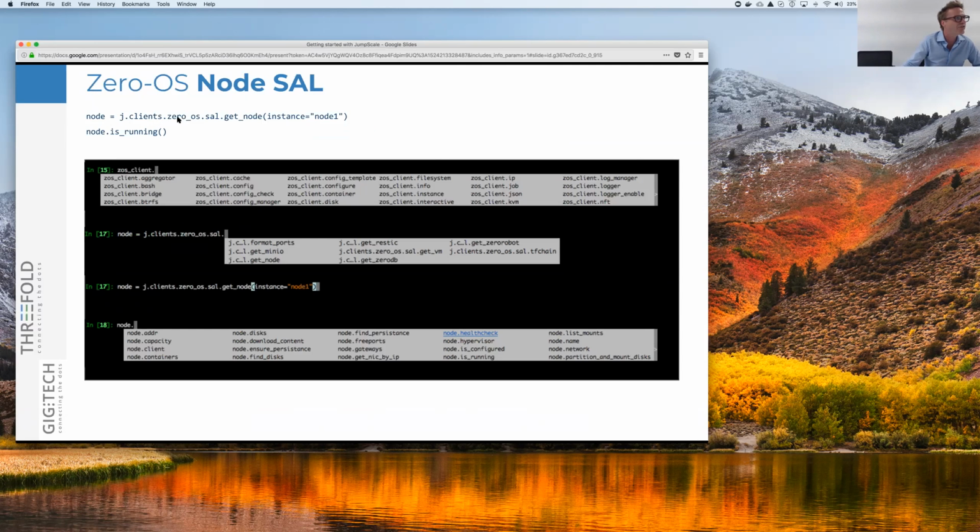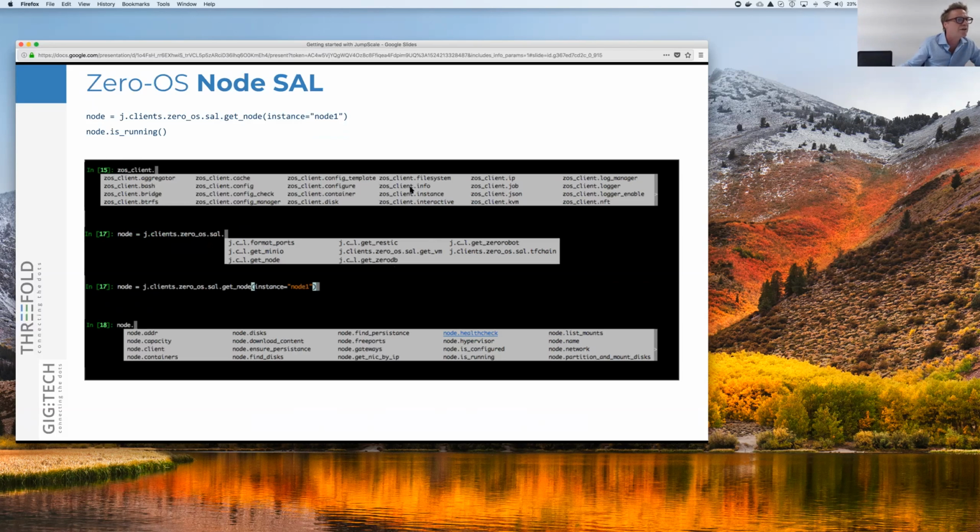we created this 0s client. That's what you see, the client. At some point of time, you have a client based on the code I should show you. But then still, we would go to this thing here, the SAL, the system abstraction layer, get node. As you can see here, when you go there, you can call the get node and do other stuff like the 0DB or the 0Robot. What it actually provides you is a more specific